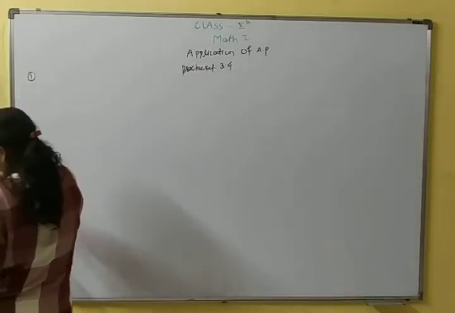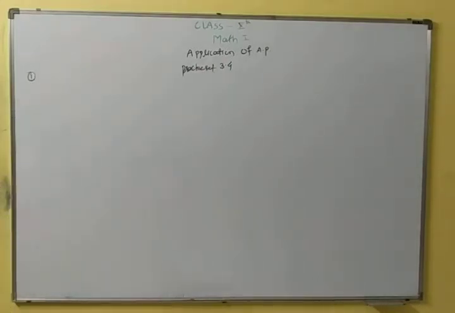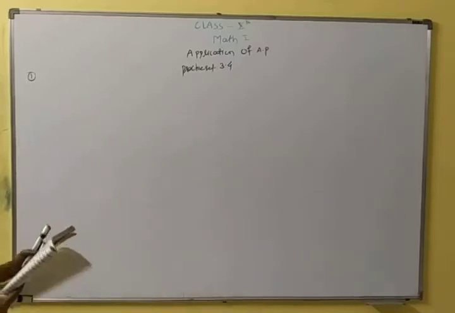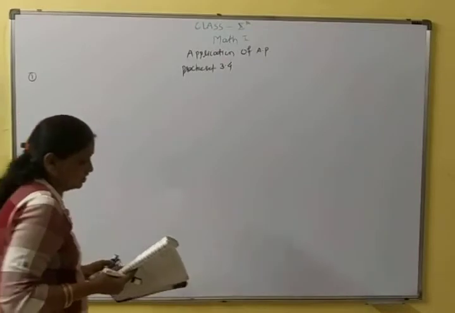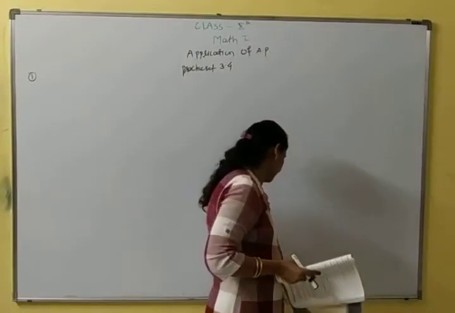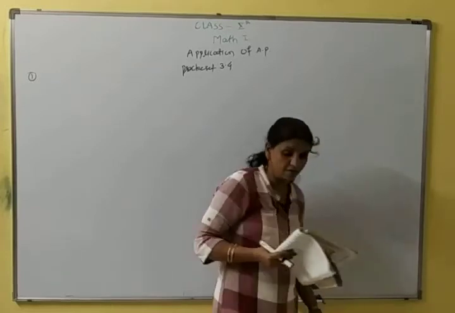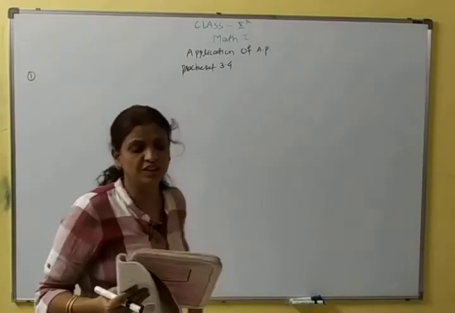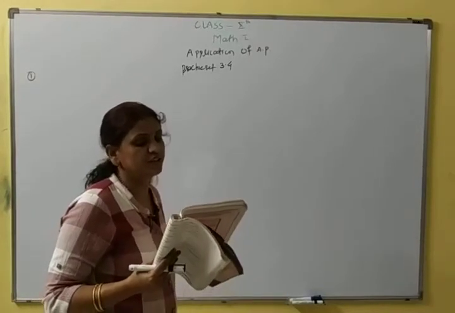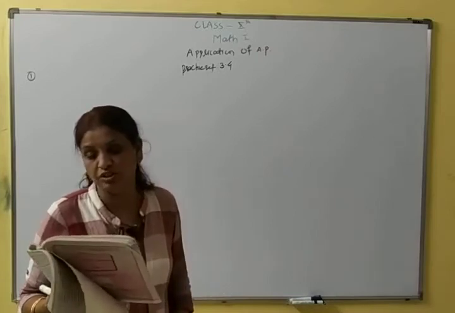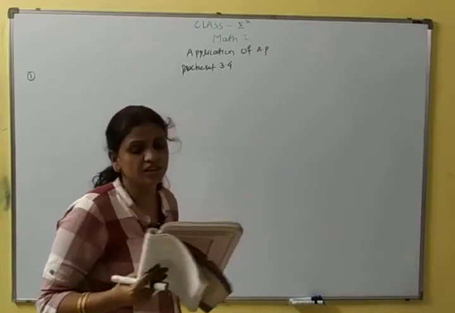First problem. Question is that on 1st January 2016, Sanika decides to save rupees 10. On the first day of 2016, Sanika saves rupees 10. Then on the second day, Sanika saves rupees 11. And on the third day, Sanika saves rupees 12. If she decides to save like this, then on 31st December 2016, what would be her total saving?